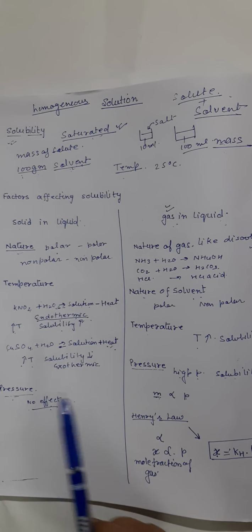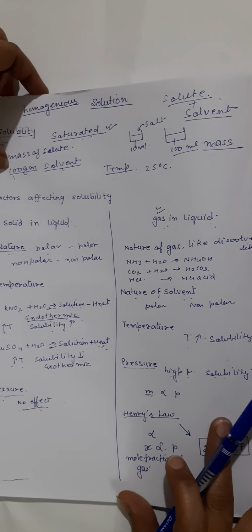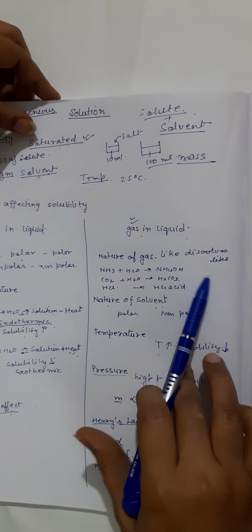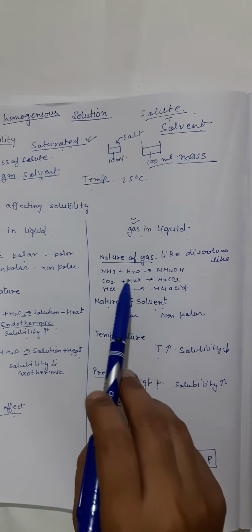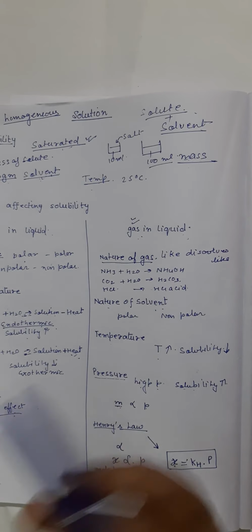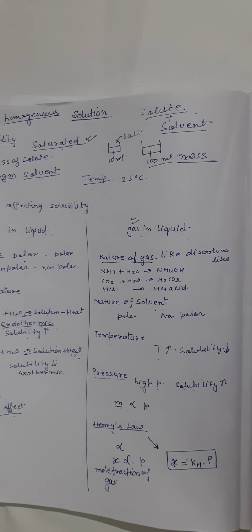These same factors we have to study for solution of gases and liquids. So whenever we are talking about nature of the gas, here also the same rule follows: like dissolves like, polar gases in polar solvents. Polar gases, like H2S, ammonia or carbon dioxide, are very much soluble in polar solvents. Now one thing arises: ammonia is exceptionally soluble in water. What is the reason behind that? Other polar gases do not dissolve to this much extent.